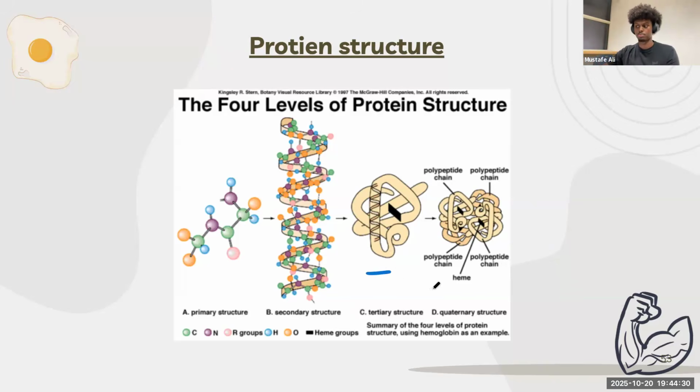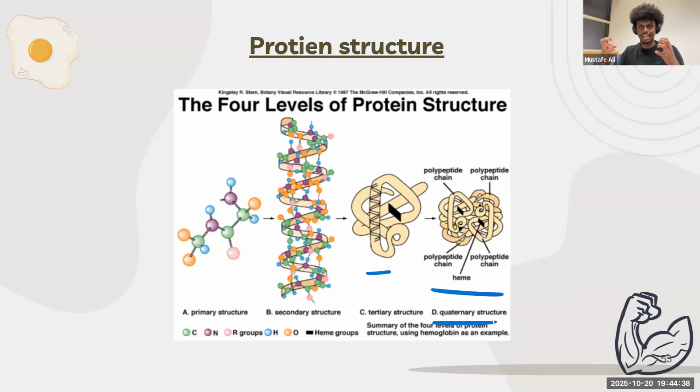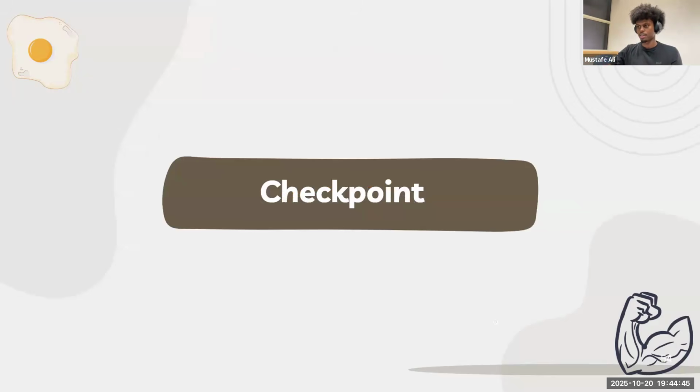And then we have the final product, sorry, being the quaternary structure. Now, the quaternary structure is literally defined as multiple polypeptides coming together to form that final product and become very functional. And those are the four protein structures that are present in our body. Does anyone have any questions before we move on?